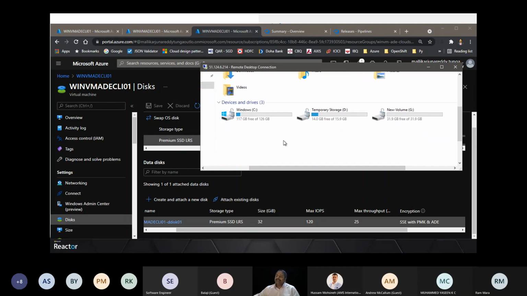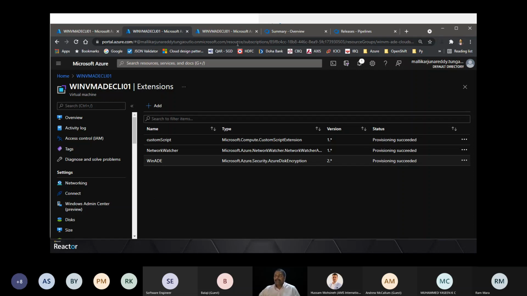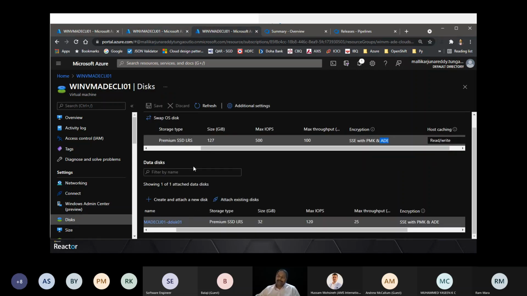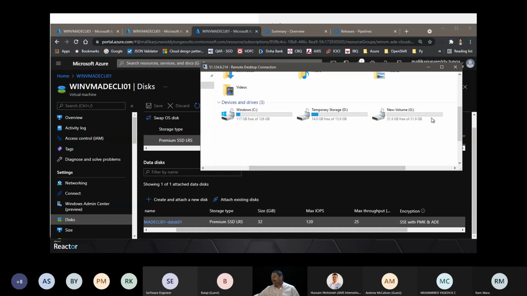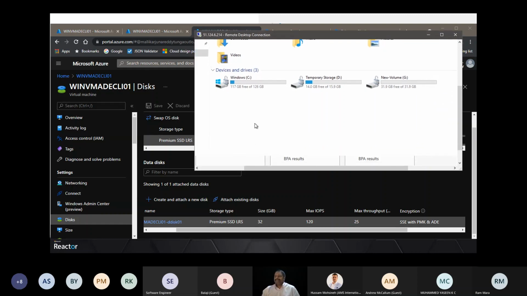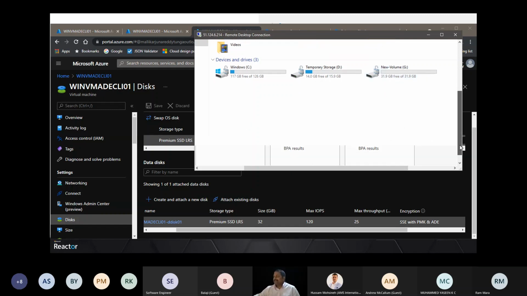Okay. Here, you are going to add one more disk, right? Let's say, for example, I'm going to add another data disk and I partition it. What happens? Either the agent, the extension, will take its own time to do the encryption, or on the next reboot, your data disk will automatically start getting encrypted, in case you're adding an additional disk here. So the extension will do the job when the next restart of your virtual machine occurs, or the agent's restart will do the encryption of the newly added disks in your virtual machine.